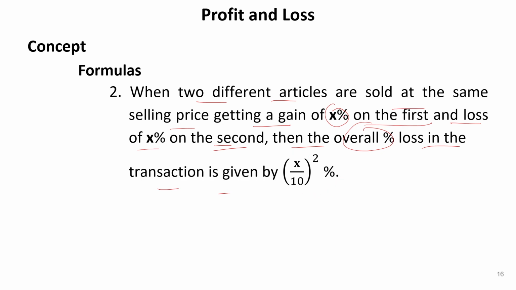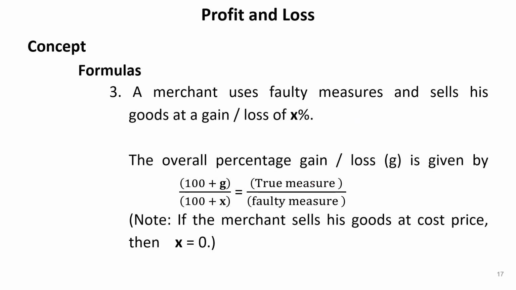Okay, so if two articles were sold at the same selling price, with a gain of X% on the first and a loss of X% on the second, then the overall percentage loss in the transaction will be given by (X/10) whole squared %. Okay, so let's see the third kind of formula, that is: a merchant uses faulty measures and sells